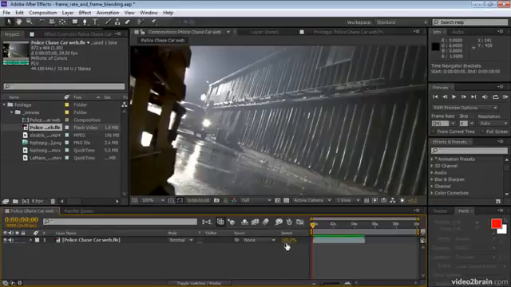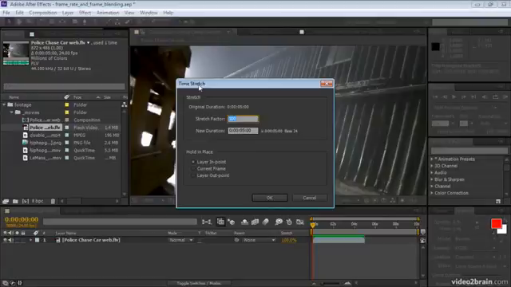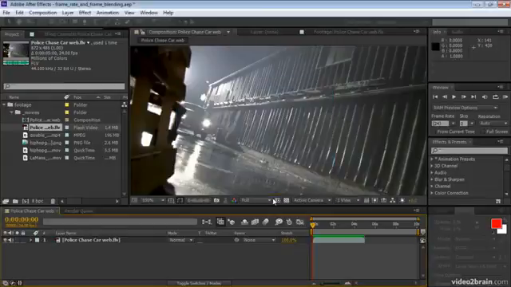There we go. Now, if I click this number in the stretch column, the time stretch dialog box comes up. So let's begin by making the stretch factor 50, meaning that the layer will play back in 50% of its original time. Now, if we do a RAM preview,